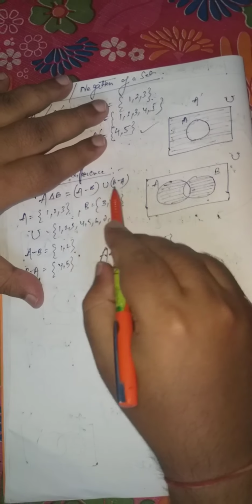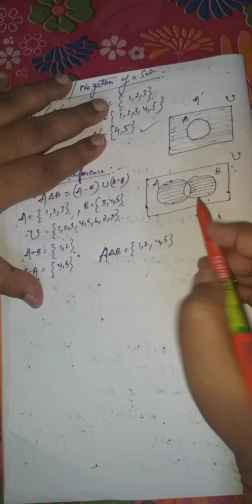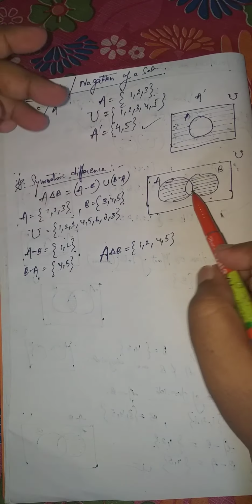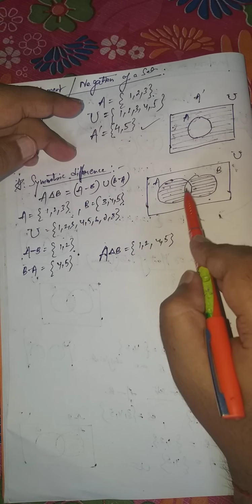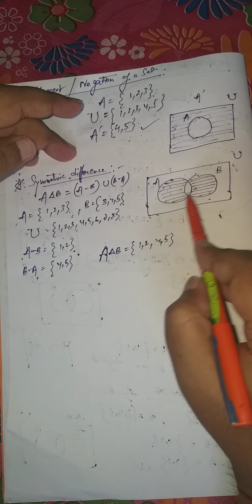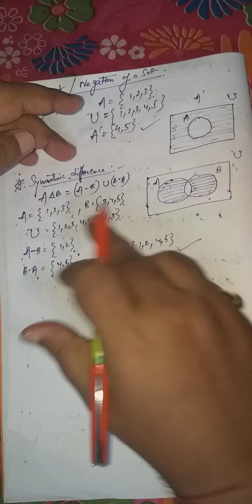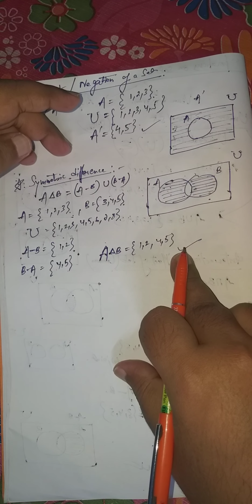And you have to do the union of these two sets. Union of these two sets means again you have to show both the regions at a time. So this will give you the result. So what are the regions which are not there in the symmetric difference? The outer region and the intersection part. This will give you the answer, the symmetric difference between two sets. And this is by algebraic means. How to find the symmetric difference.